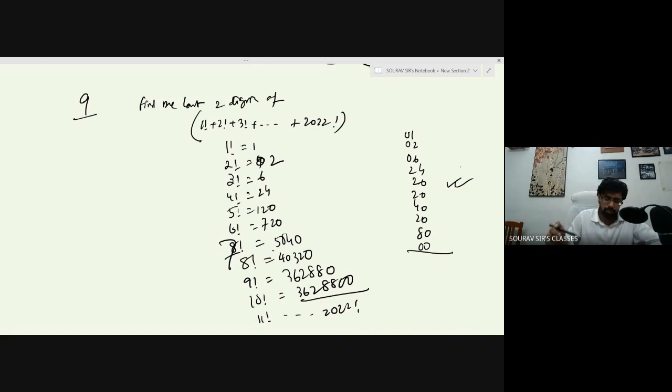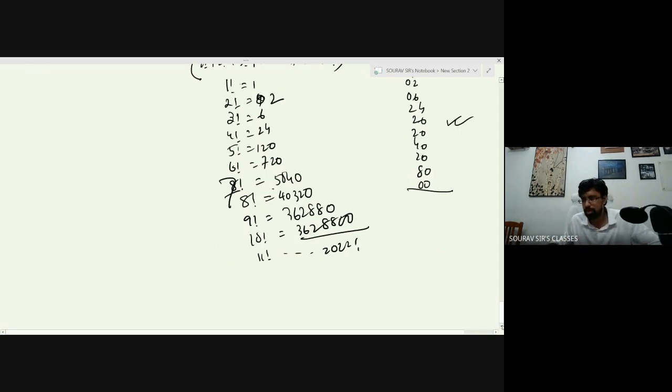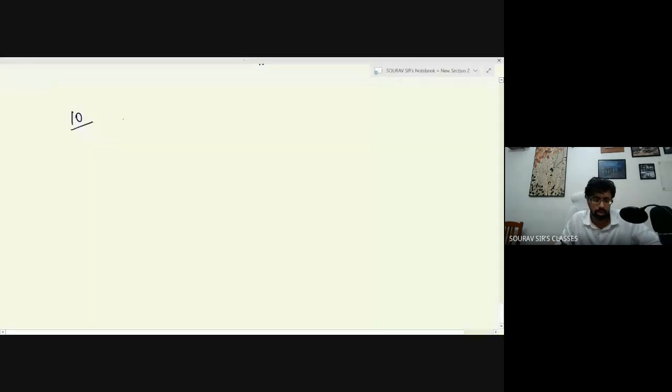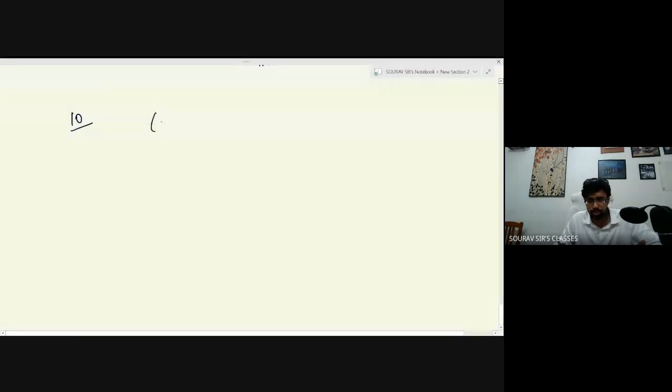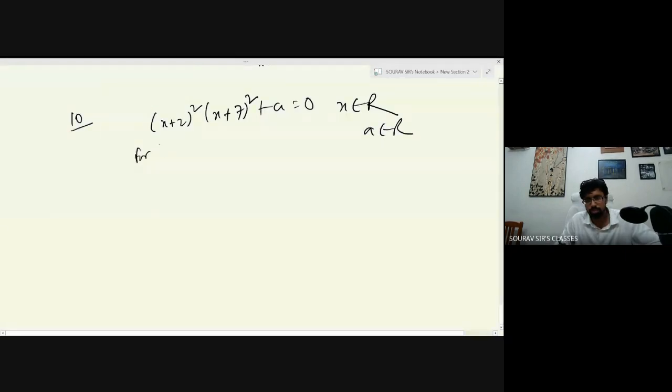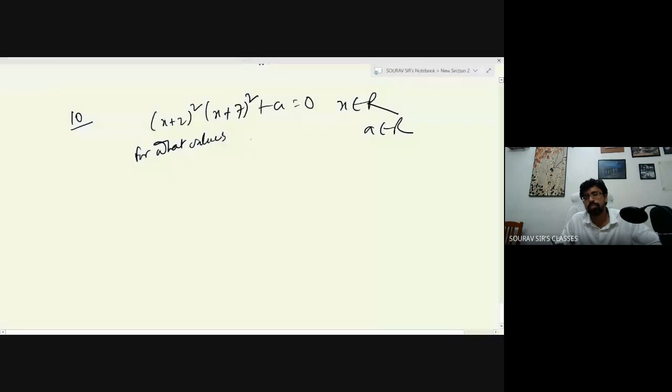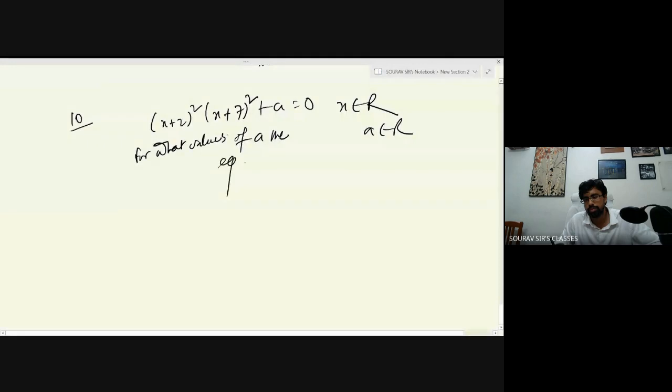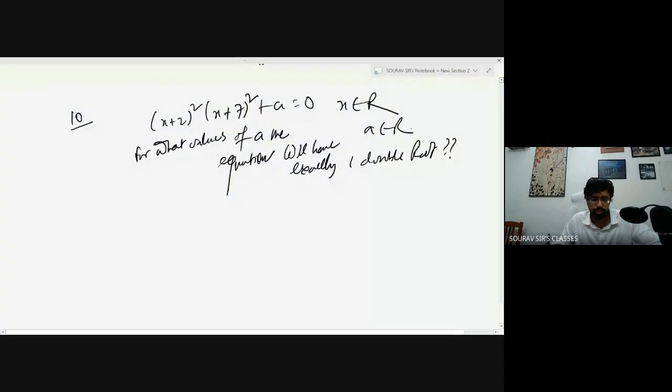This question is again from past ISI. A be a real number and consider the system (x plus 2) square equal to 0, where R is the set of real numbers. For what values of A does the equation have exactly one double root? Options are